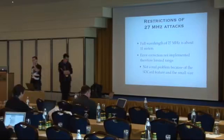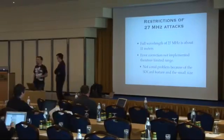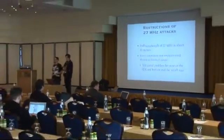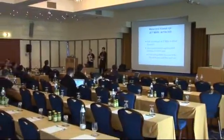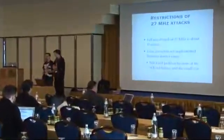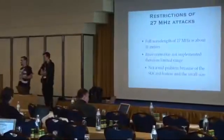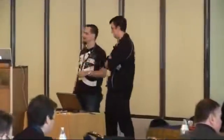But that's not only a problem of the antenna. We started to implement the signal capturing, let's say, the wrong way around. So actually, we did not implement the error correction properly, so we immediately lose keystrokes. Work in progress. As soon as we have the error correction in place, we expect, even with cheap antennas, it will be extremely improved. But that's not really the problem, because we have an SD card in there. It's quite small. You can add a battery pack and put it somewhere for testing your security. So, I mean, there is the limitation of the size, but it's...